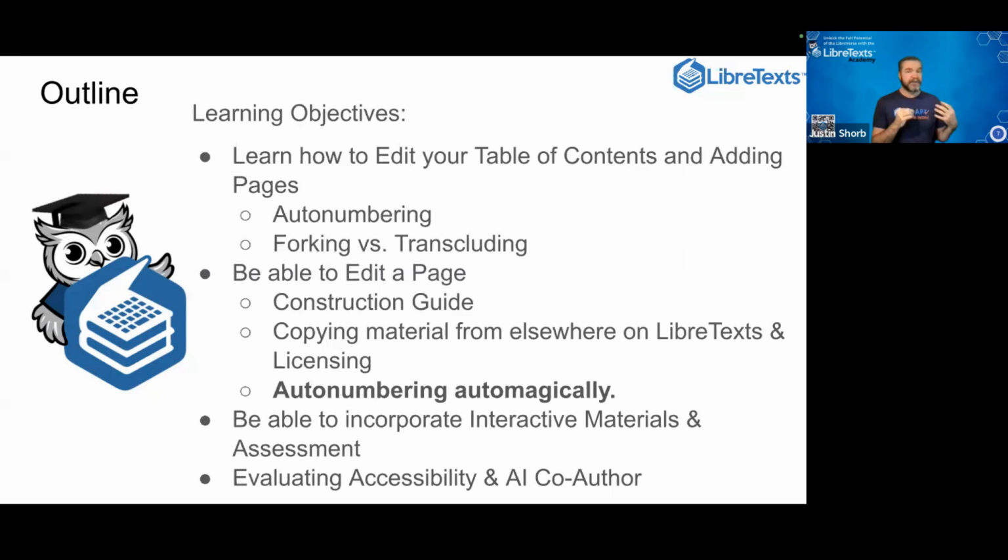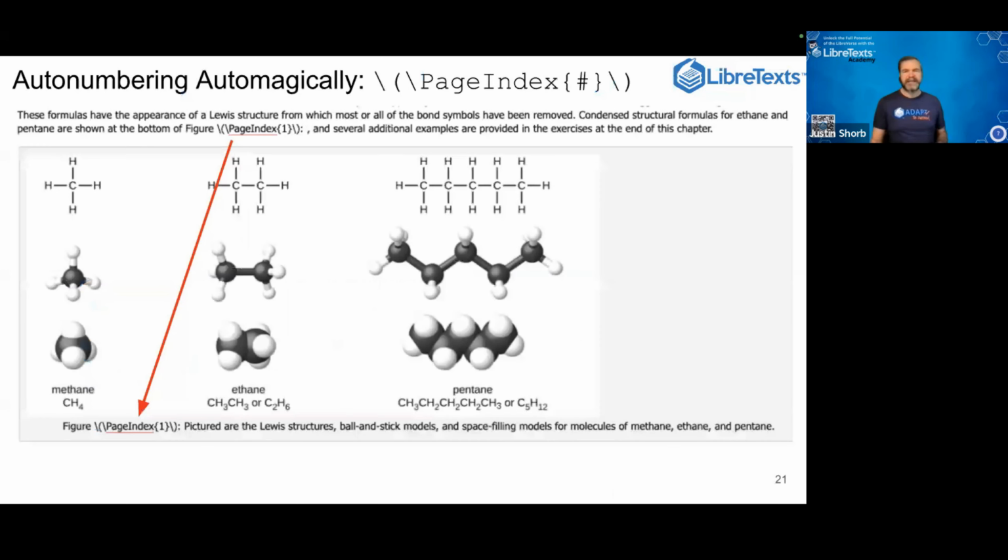And then you get into what I call auto numbering, automagically. A colleague of mine a long time ago used automagically all the time to coin these sorts of things. So what does that mean? It means we have little tags like this one, where you can use this tag wherever you want with whatever number you are. So if this was figure 1, you can reference that figure at the bottom of the page, figure this thing number 1, and then down here figure that thing. And then when you look at that on the page, it'll automatically use the numbering of your chapter and your section, and then that. So this would show up as